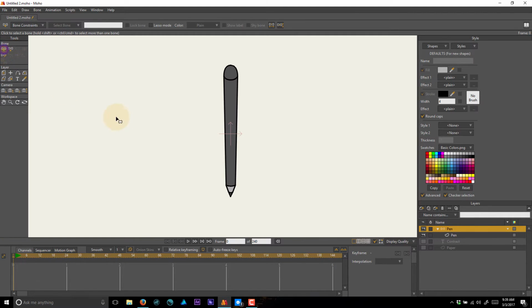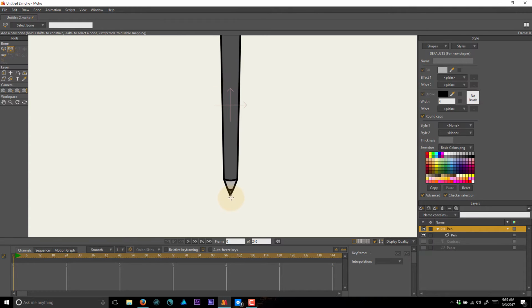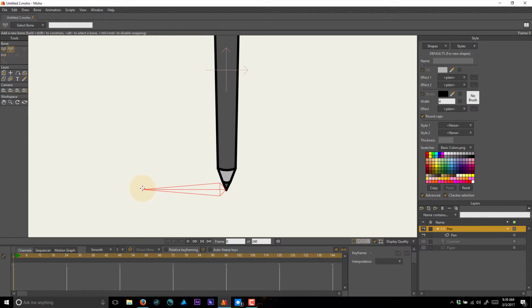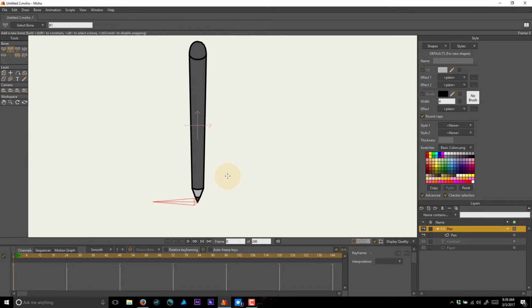we're going to add a couple of bones here, and I can't remember exactly how I did this, but it shouldn't be too difficult to figure it out. So first I'm going to draw out a control bone right here, and that's what I'm going to use to control the position. And then after I drag that out, I'm going to drag another one straight up, and that's what I'm going to use to control the left to right rotation. And then